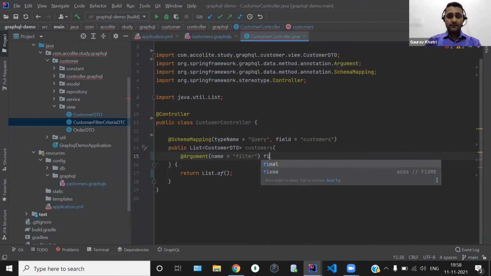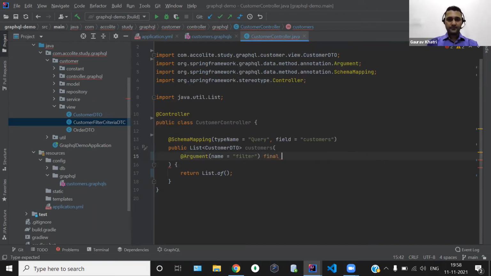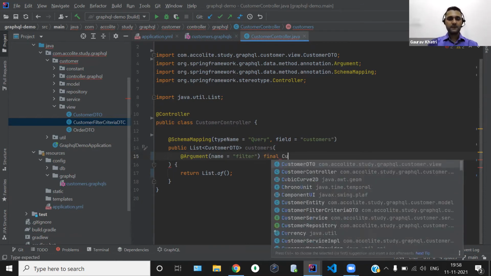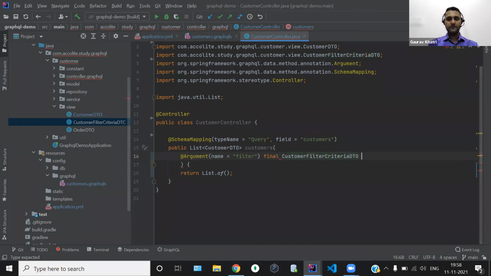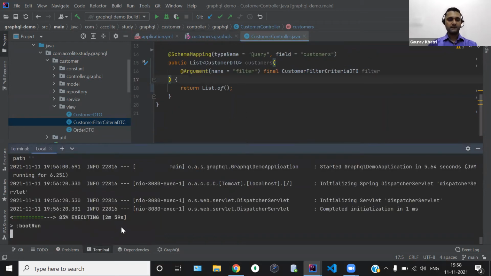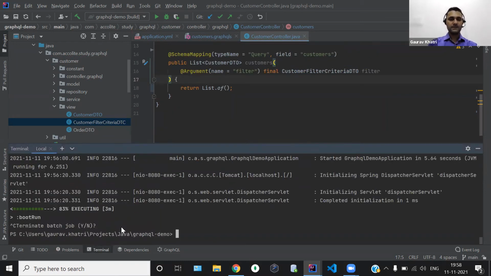Then we will define the data type. In Java, we have the customer criteria filter DTO, and we will give the name as filter. Okay, and we will restart the application, and we will see what impact we will see on the GraphQL user interface. So let's restart the application.